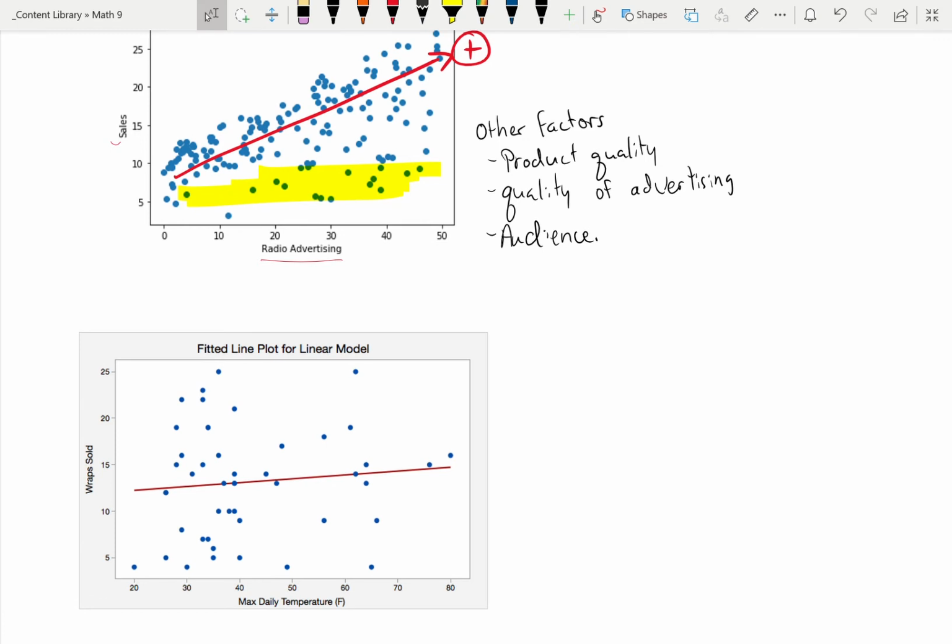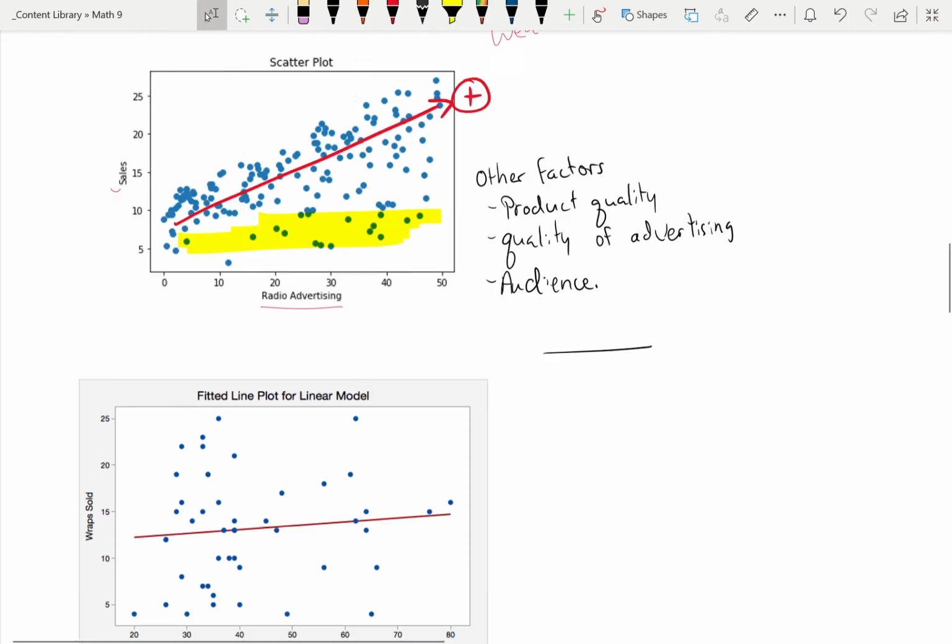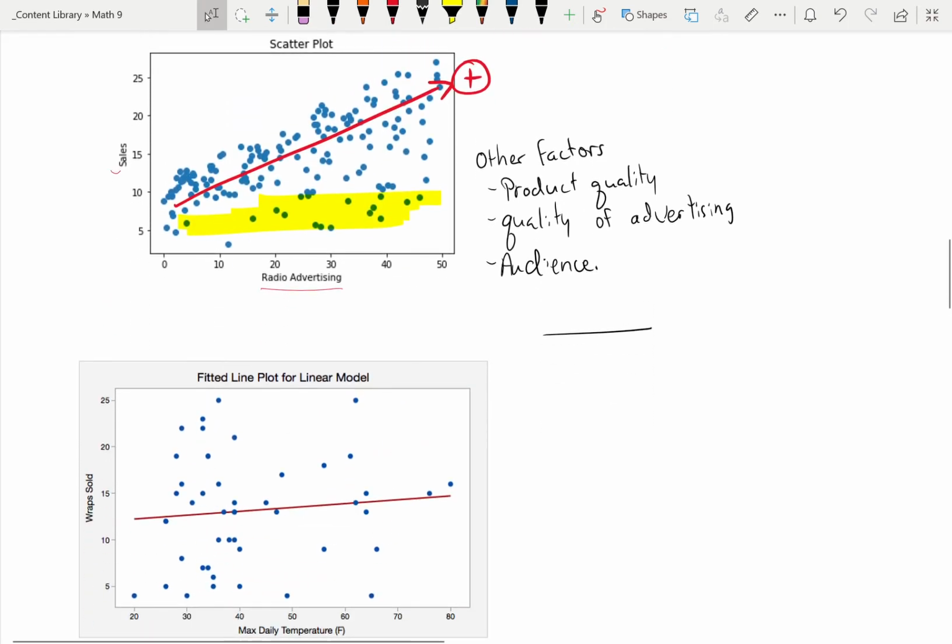The next thing I'll show you is a very, very weak correlation. For this, I wouldn't expect anyone to be able to do this by hand, but computers can actually find if there is a correlation. A perfectly flat line means that there's no correlation, but this one I can see is going up somewhat. So this is a very weak positive correlation,